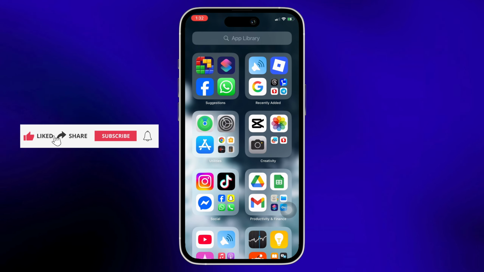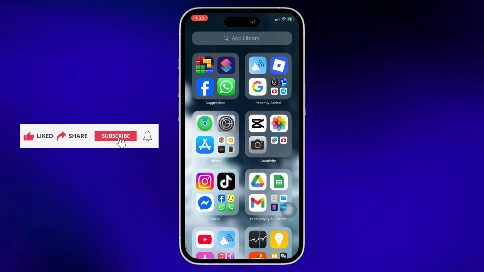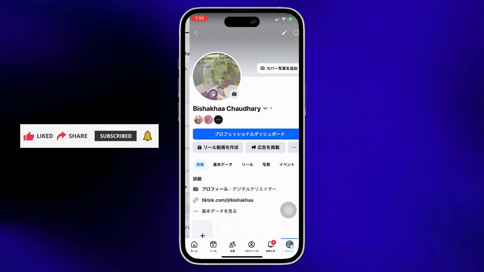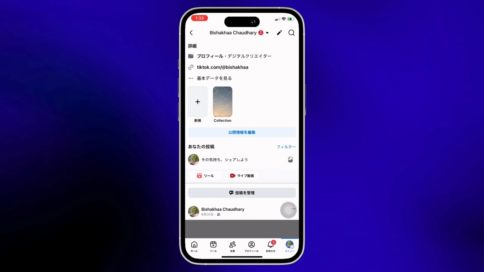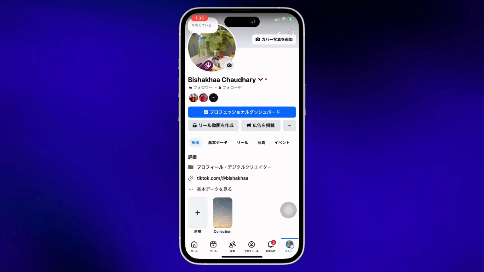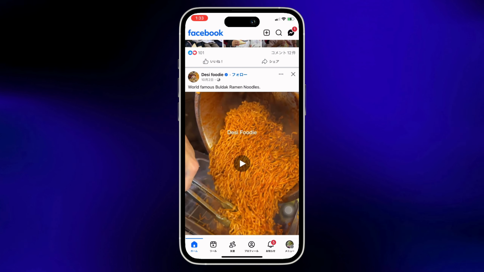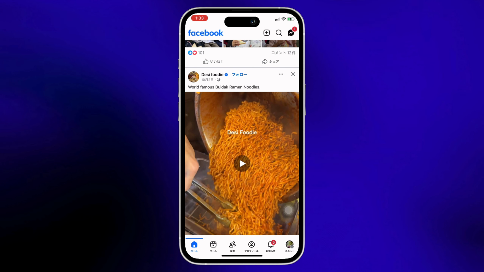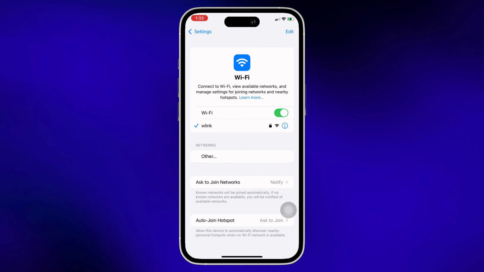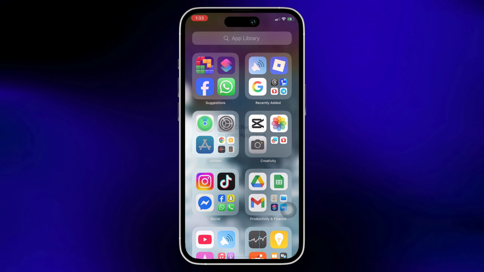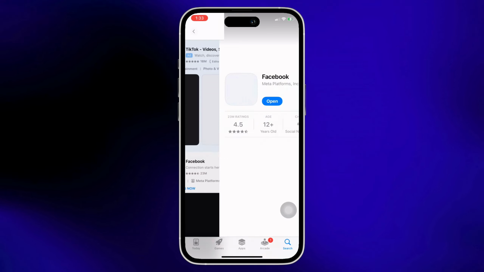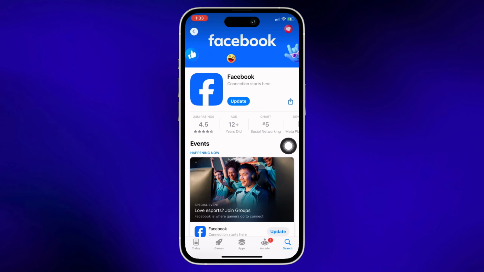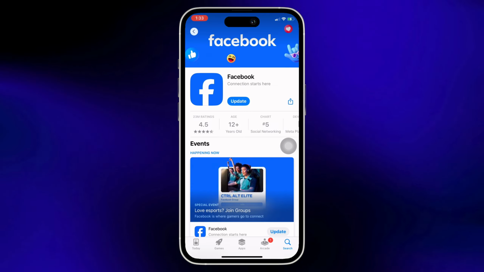Facebook application. Next, it is also equally important to meet the eligibility requirements. The eligibility includes that you are 18 years or older. Next, you have to have a verified Facebook account and you have to have the latest version of the Facebook app installed. So, open the App Store on your device, tap on the search bar and search for Facebook, and make sure the Facebook application is updated to its latest version, and if not, then go ahead and update the